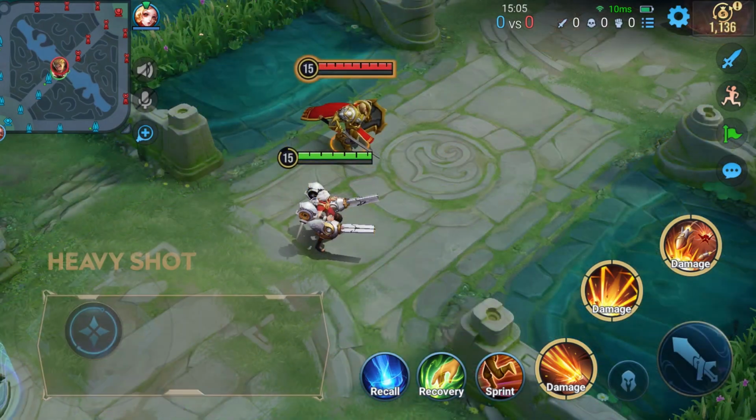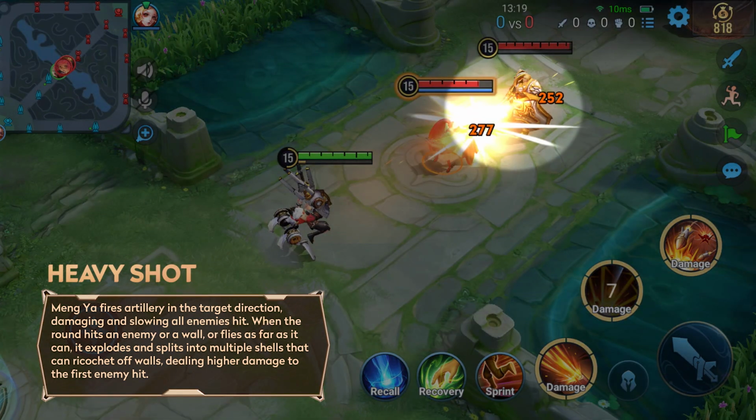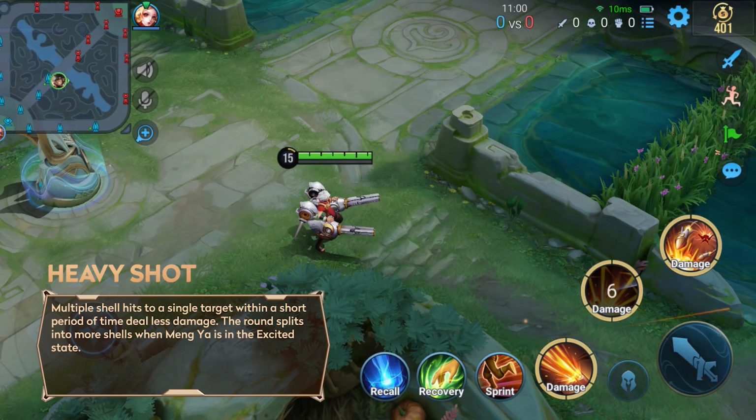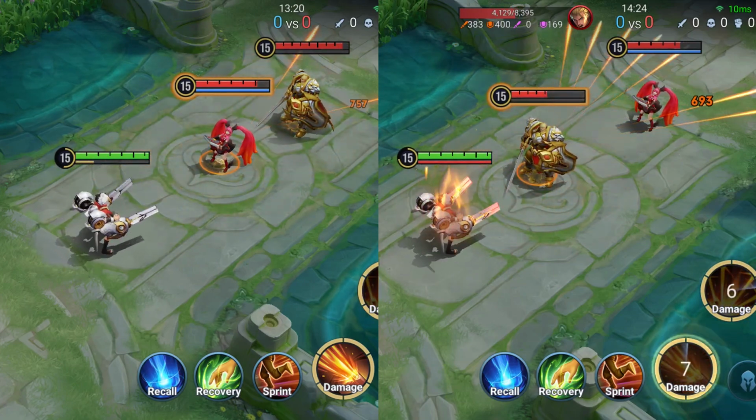a distance. Meng Ya's skill 2 slows enemies. He can fire it in the target direction, dealing higher damage to the first enemy it hits. If the round hits an obstacle or reaches the end of its range, it splits into shells that can ricochet off walls. This skill is enhanced when Meng Ya is in the excited state, increasing the number of shells the